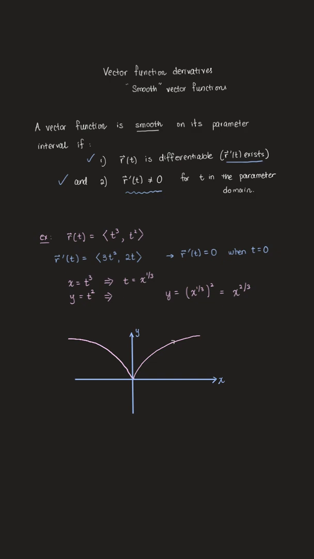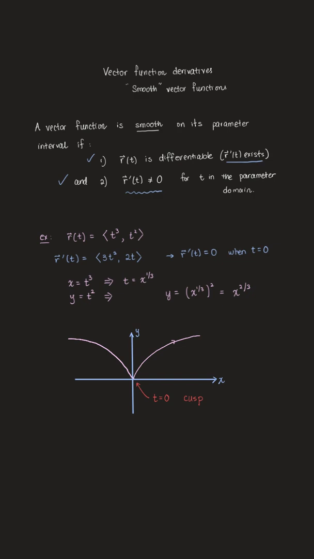So what's going on when t is 0? When t is 0, we are at this point. That's when t is equal to 0 because r of t is 0, 0. And at that point, we have a cusp. So r prime of t, there is the 0 vector. There's no tangent line there